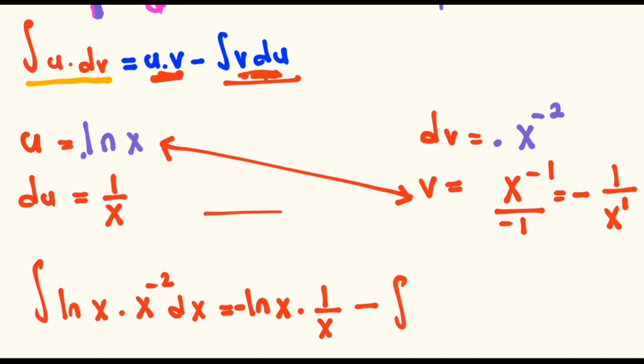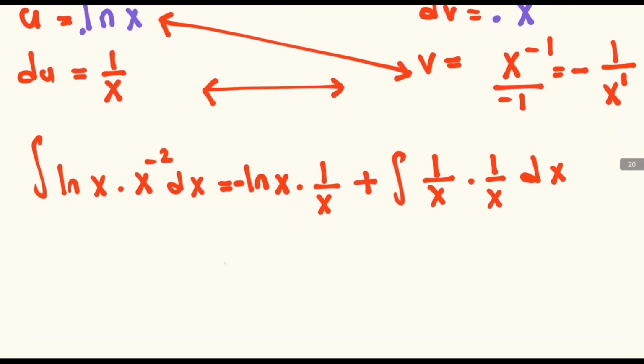Our v is equal to negative 1 over x, and that negative multiplied by this negative will be positive, and we have that 1 over x, and our du is equal to 1 divided by x